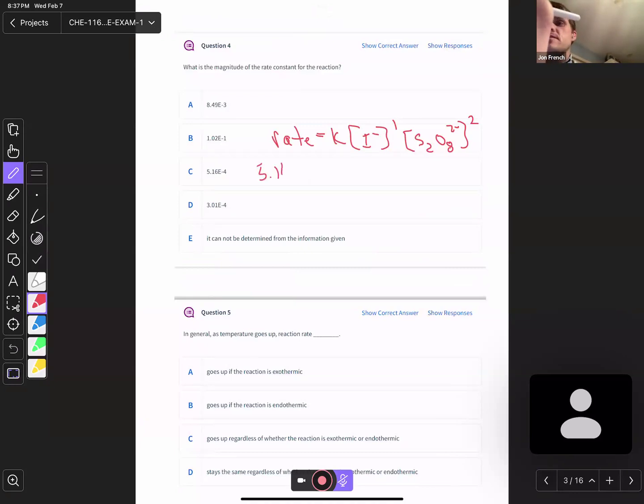So 5.16 times 10 to the minus 4 equals the rate constant, 0.075 to the first. And I think this was like a 0.9. Right, so from there,